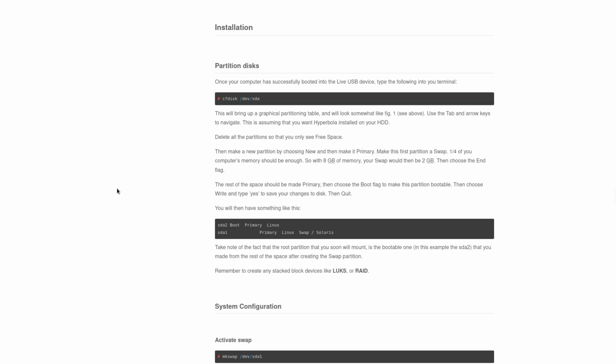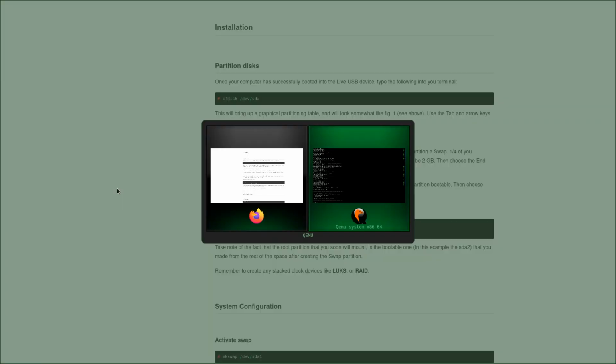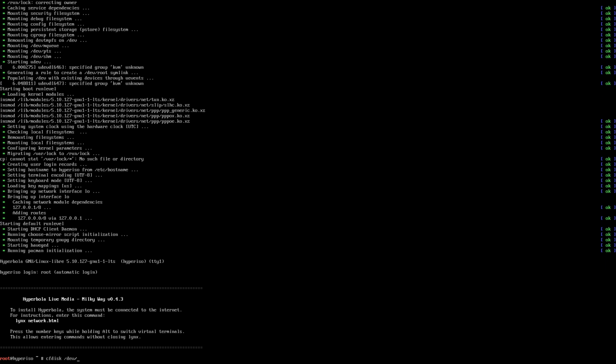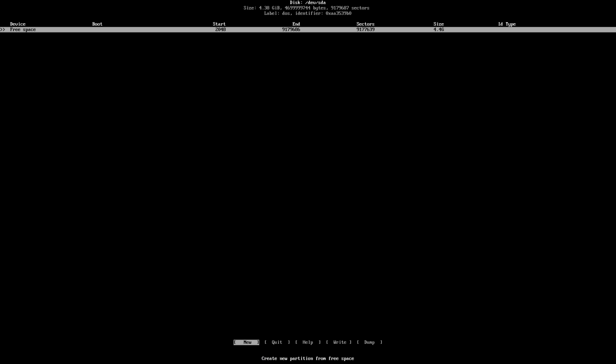Right, so let's see. This is SDA, I wonder if that's the same here. This is a virtual machine, by the way. SDA seems to be the same. Yes. Let's see. DOS is good. I'll make a new partition. Oh yes, the first difference from the guide, of course, immediately right at the beginning is going to be